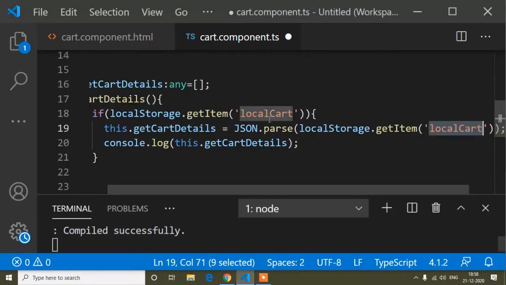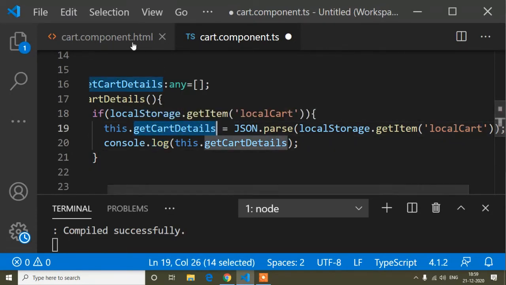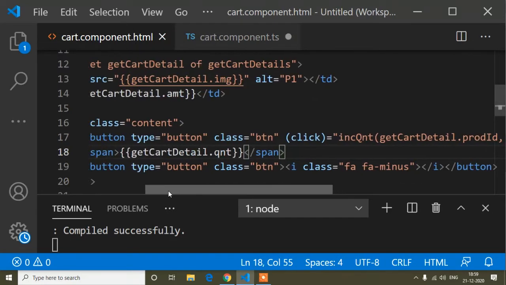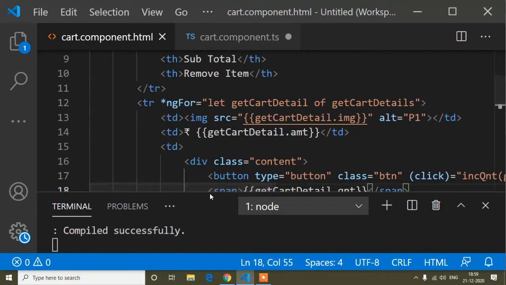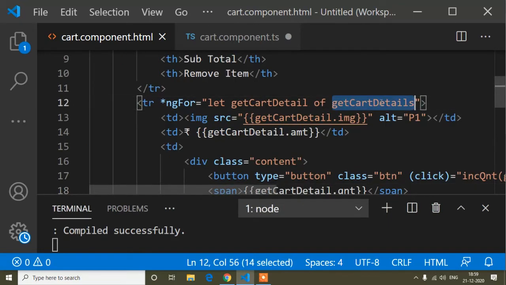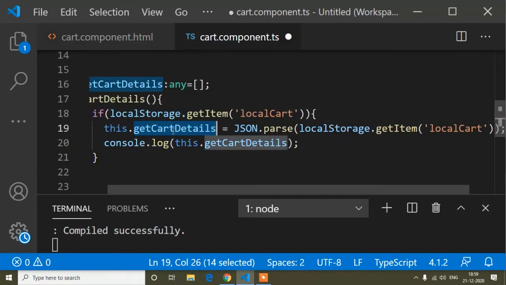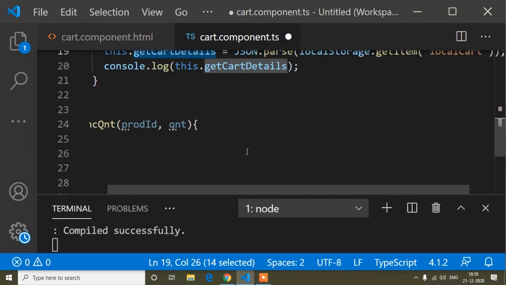So I was getting all the values in this get card details variable, and I make a loop over it in the HTML, and store each in this card detail variable. So here is not s and here is s, don't confuse. Now I need this get card details variable here.